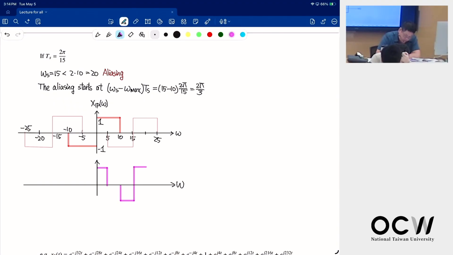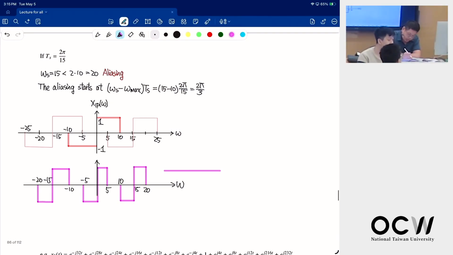And similarly, okay, so here we have 5, 10, 15, 20, and here's minus 5, minus 10, minus 15, and minus 20. And actually, this is periodic. So once you have the continuous time Fourier transform,